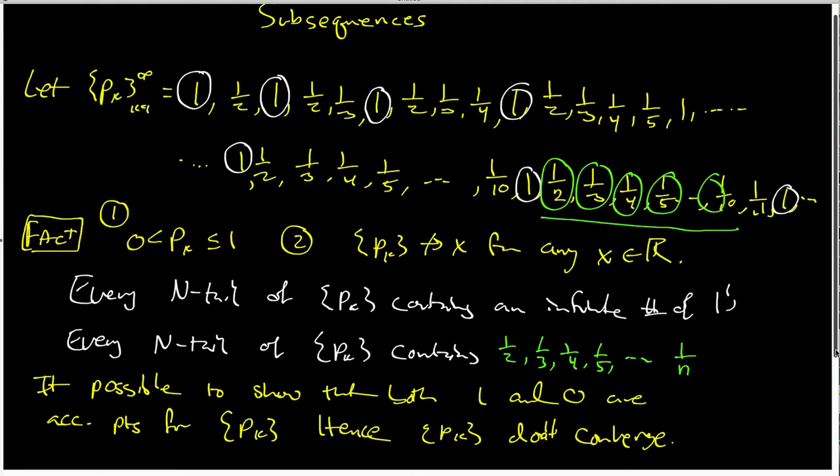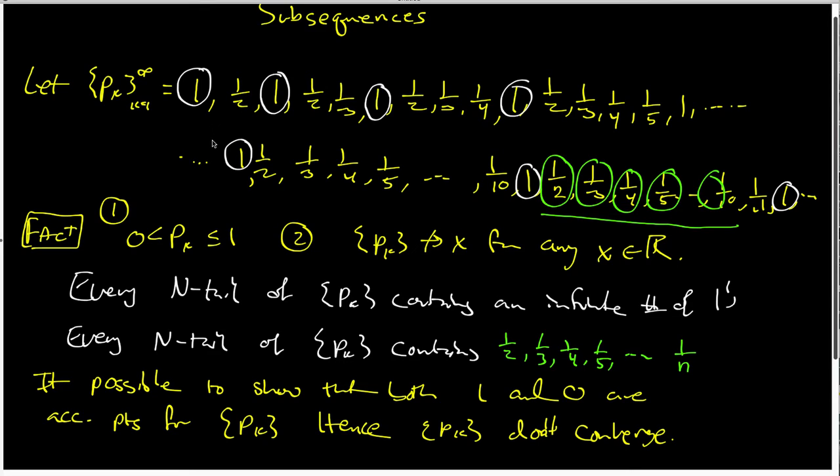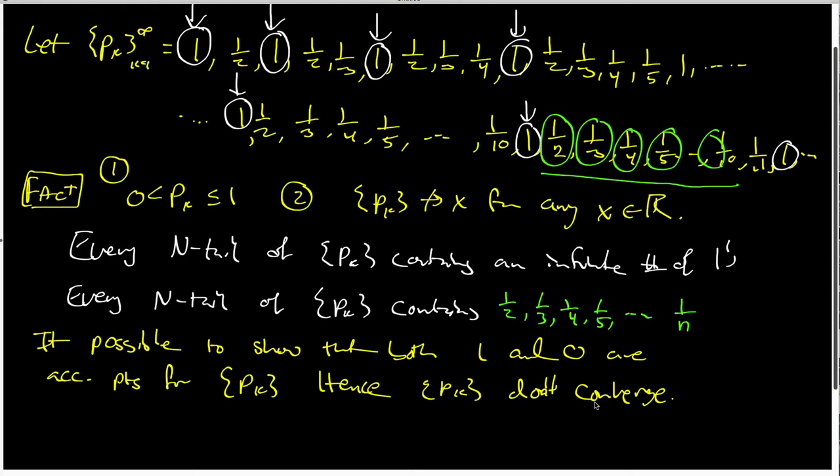But it's interesting to note that I can find what I can call subsequences that will converge. So let me just think about that for a minute. These elements form a subsequence. And that is a constant subsequence and hence converges to 1. So at this point, I'm not yet going to formally define what a subsequence is. I'm simply going to note that this sequence